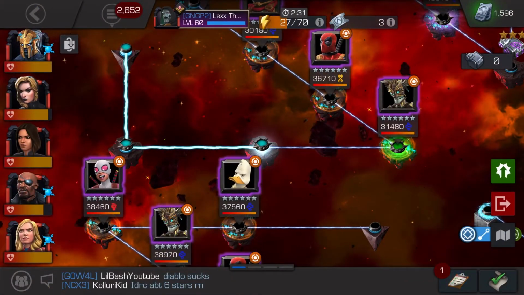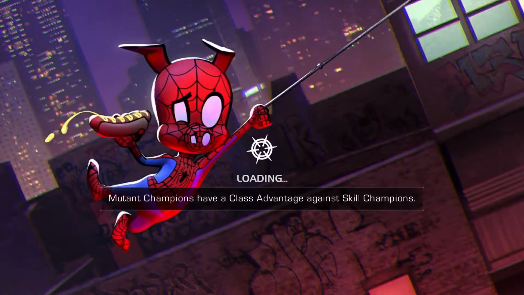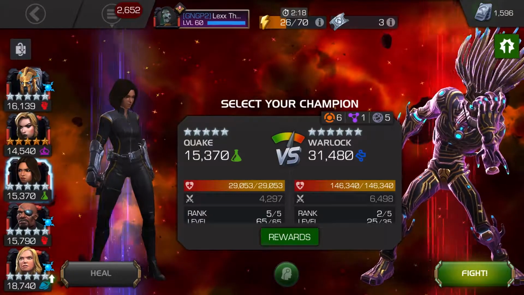Options for Gwenpool: Nick Fury for the bleed, Clairvoyant and Curse mode. That's what I personally use myself. So, Warlock. A great option for Warlock is Quake. Not only is Quake a good option for the team because of the synergy with Nick Fury,